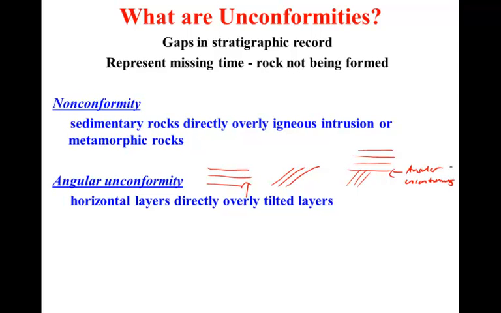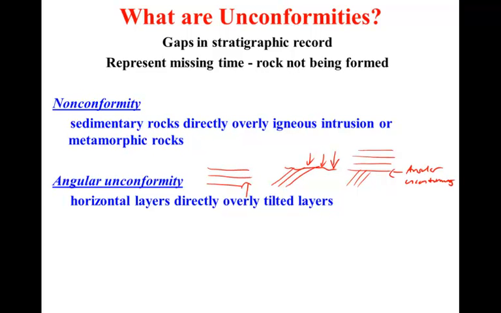So again, the angular unconformity represents not just missing time when no rock was formed, but also a specific series of events that took place during that missing time. Uplift and folding of older rock layers, erosion of those older deformed layers, and then finally time starts being recorded again when new rock layers deposit on